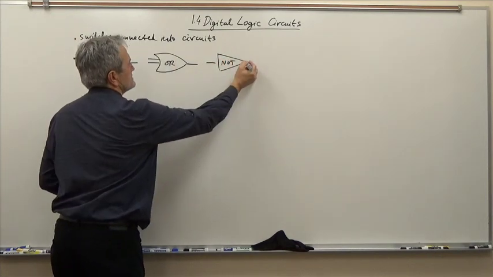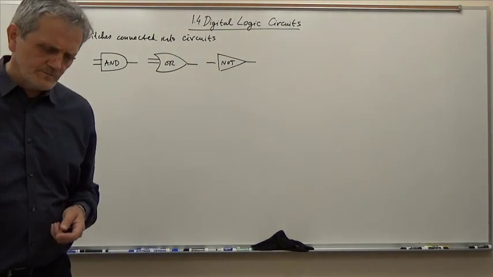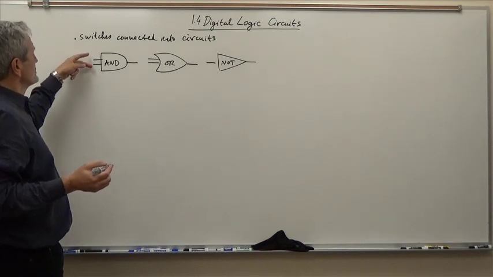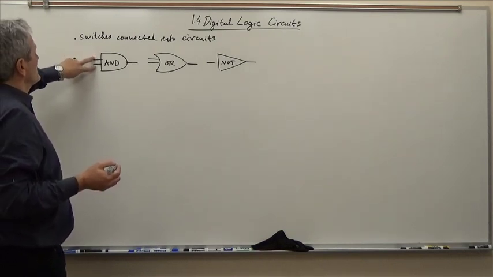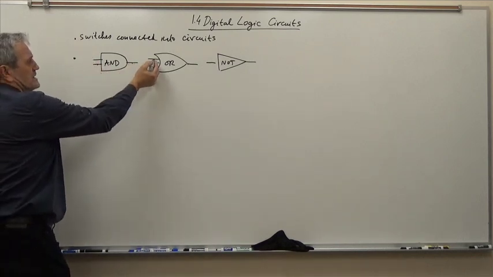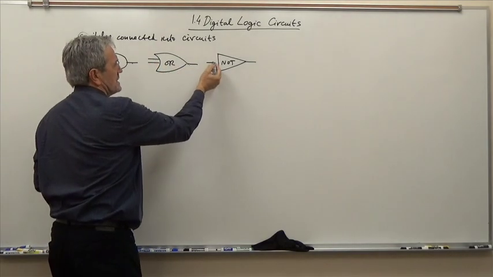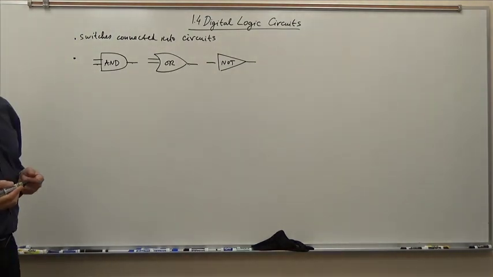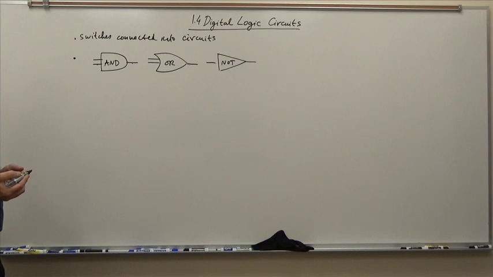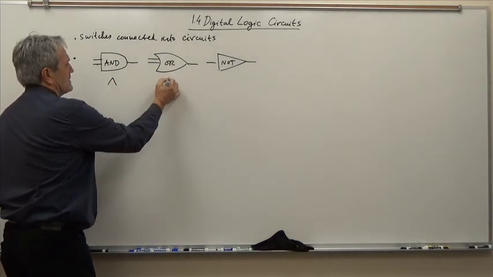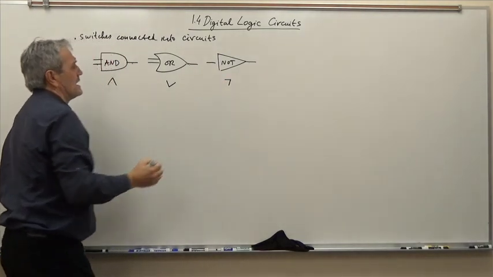Oops, OR has two inputs. Please pay attention that each of these gates actually has two inputs and one output. Here also two inputs, one output, and then here just one input and one output. And how do these gates work? They work basically the same way as AND, OR, and NOT